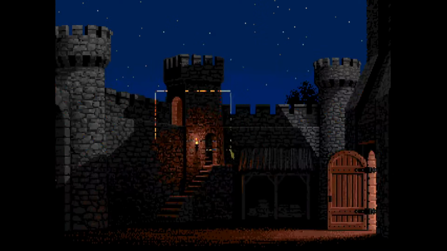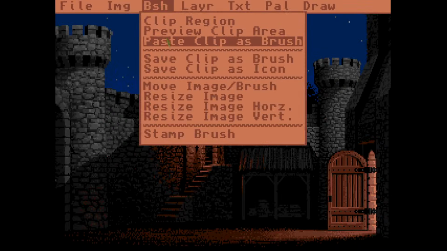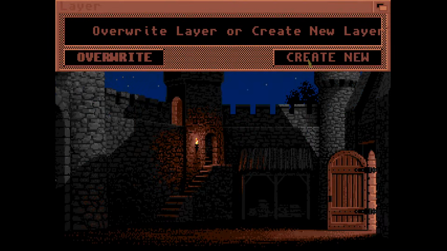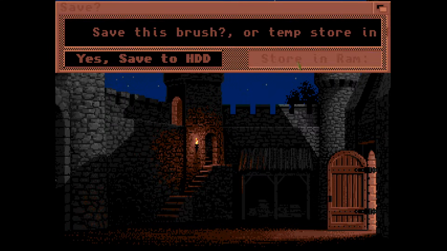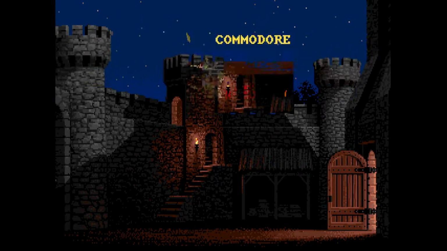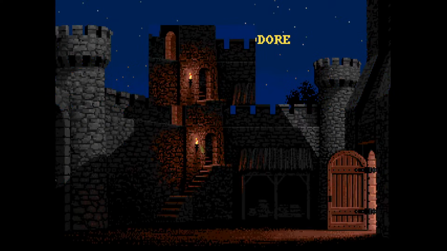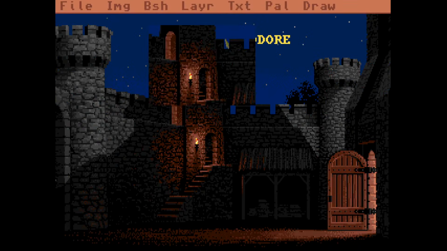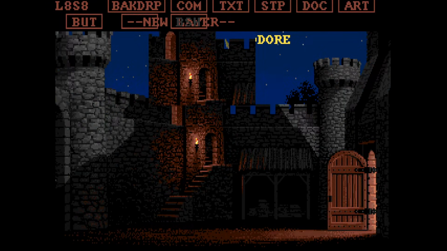You can clip a region out, clip that region, and then you can preview that region, whatever it is, and then you can paste that in as a brush if you want. You can create a new layer to do that. You can even save it in RAM, and then once you've got that brush, you can then save it down, and that's what it is. That will then create a new layer, of which it's one of these,